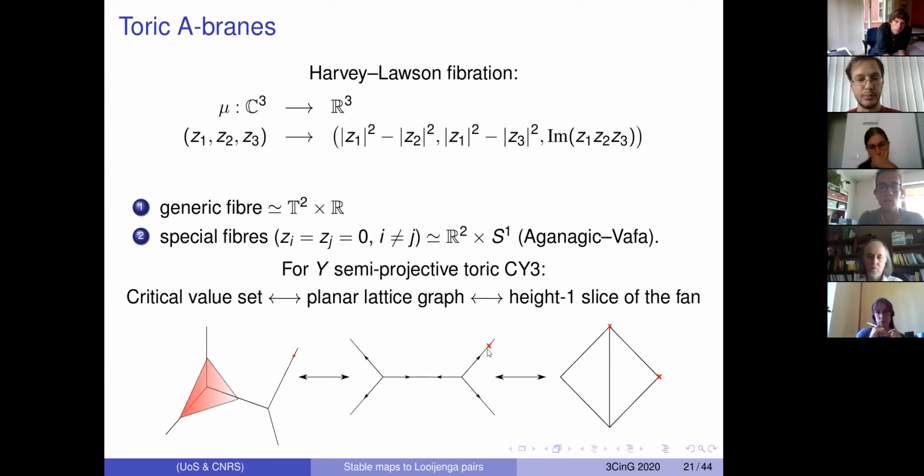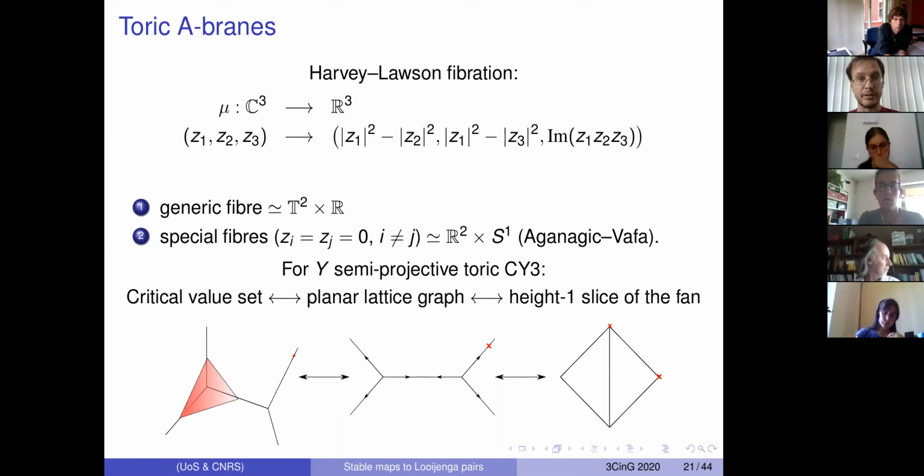And one of the ways in which this is actually equivalent to recovering the full toric data defining Y is that this planar lattice graph is the dual graph to a height one slice of the fan of Y. So since Y is a threefold, it will have a three-dimensional fan. And since it's Calabi-Yau, the tip of the rays